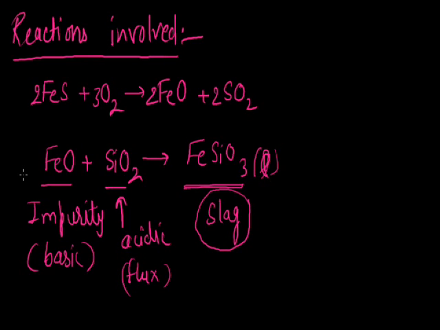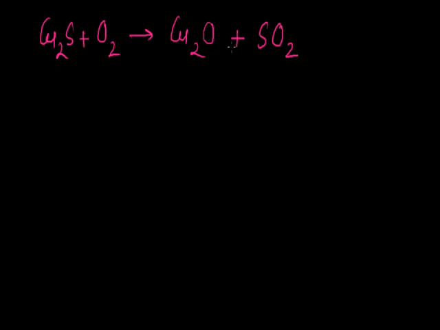Then the next reaction, copper sulfide reacts with oxygen and forms copper oxide or cuprous oxide plus SO2. Now we can balance it by writing 2 here, 3 here, 2 here, and 2 here, and this reaction takes